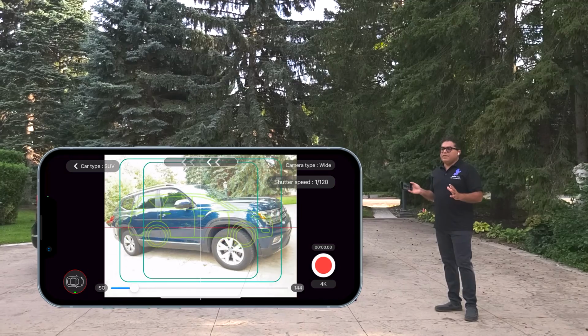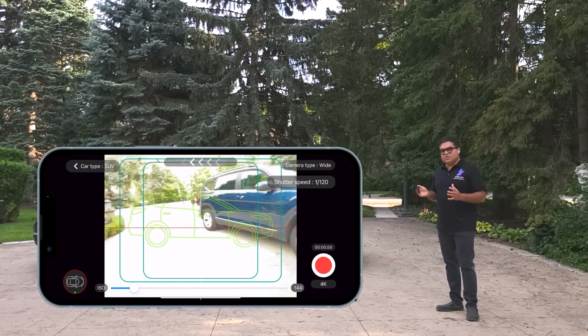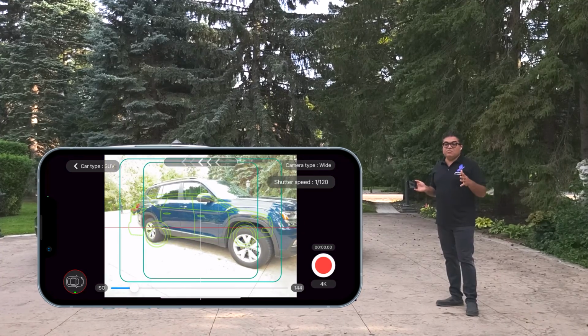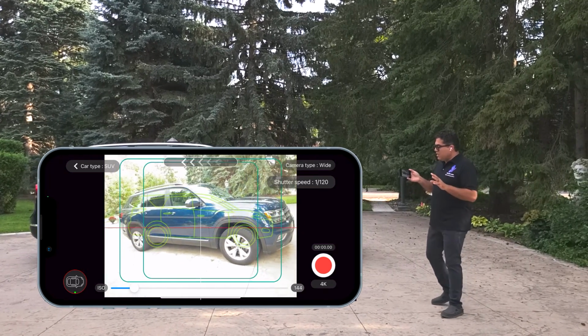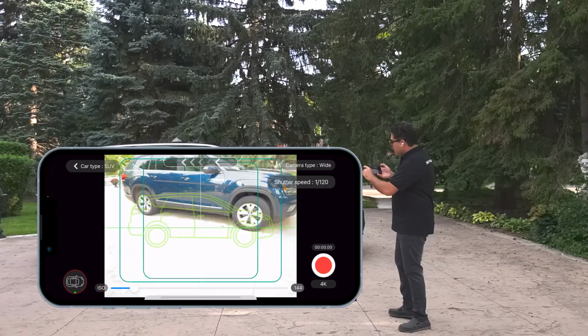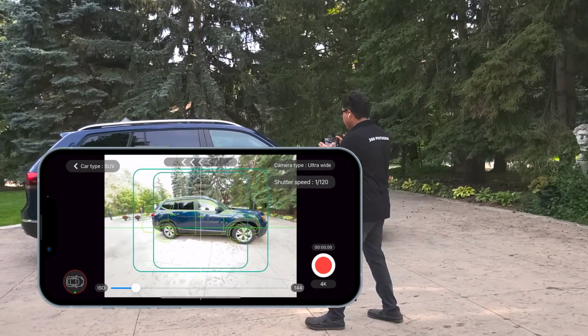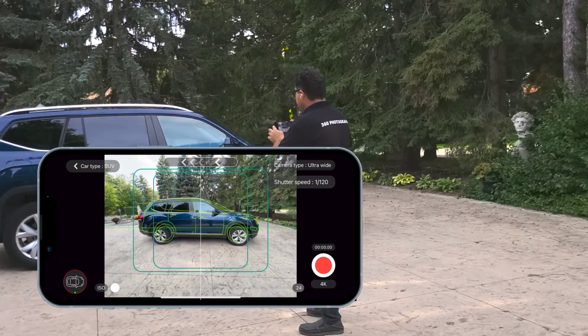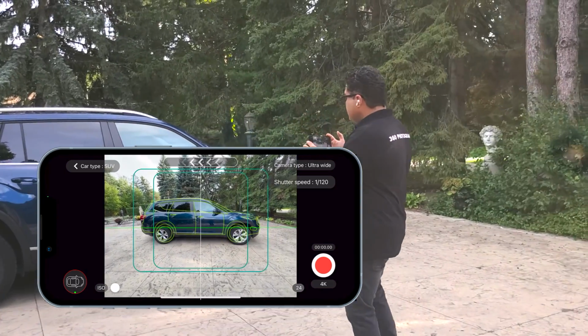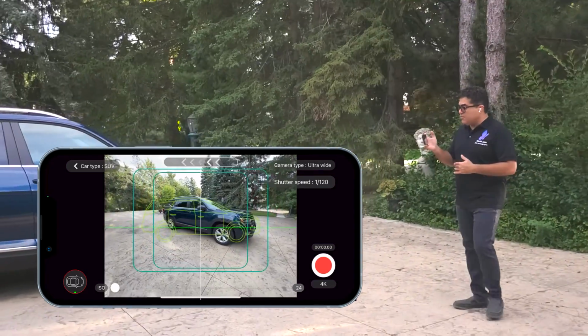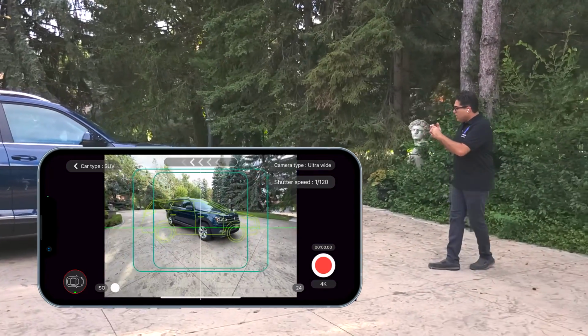Obviously, if you're in larger cities where there's not much real estate and you have really limited space, the ultra wide could be the only option. But then what you can do, let me change this to ultra wide, instead of starting with a point like this, let me adjust the ISO, and as you go around from the side, as you get to the edge, you could slightly go closer,